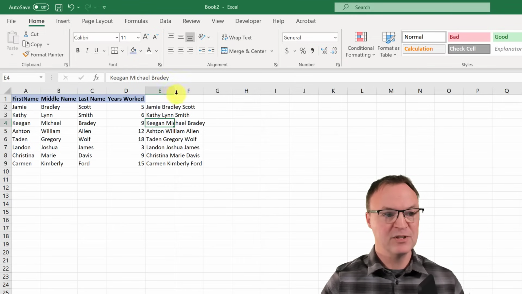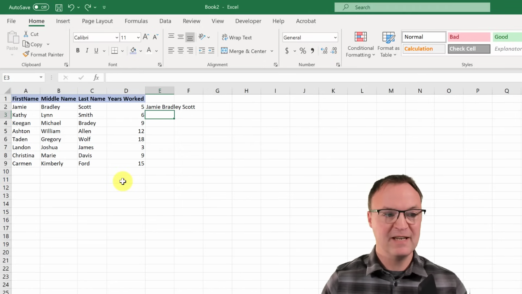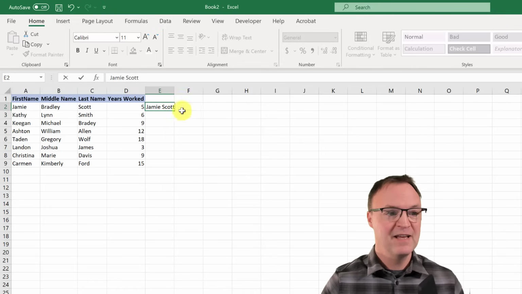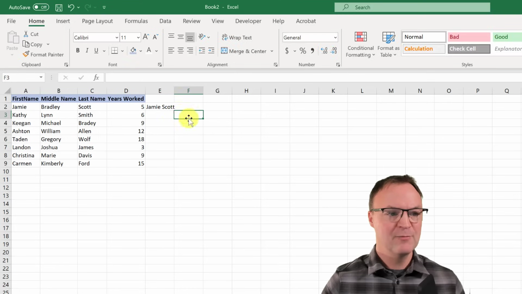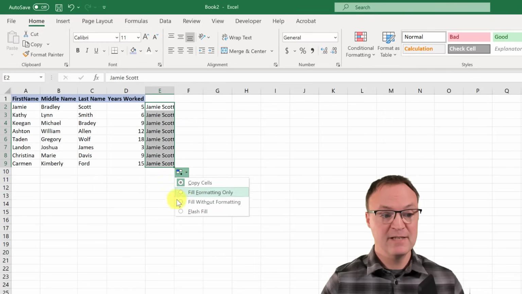So then I could go adjust my columns, and you can see everything just pulled it and put it together in one cell. I'm just going to hit Control Z, and you can change this easily too. So if all of a sudden I wanted maybe just the first and last name, I'll show you a different way you can do this. If I was going to pull this down from this corner, where you can see that little dark square there, if I pull it down, you think, oh, I just copied down the whole way. But what you do is if you click on this, you can go to flash fill, just like that, and